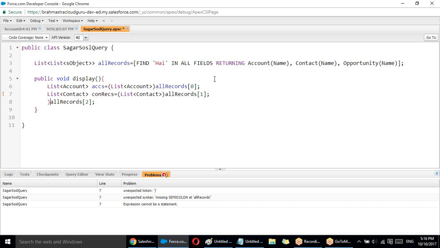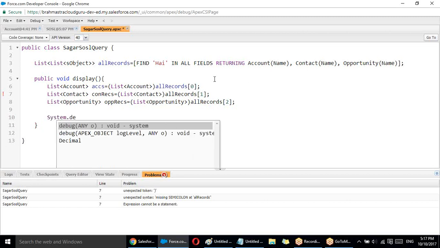So a list of opportunity, in that we are converting, then assigning that result to a list of opportunity type variable. Like that. Then if you print system.debug,